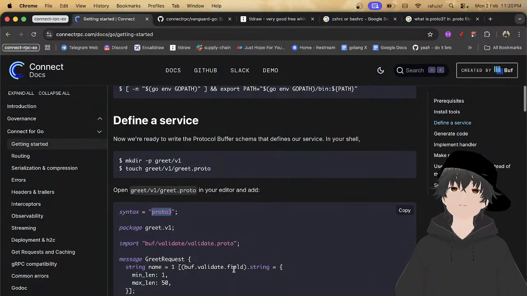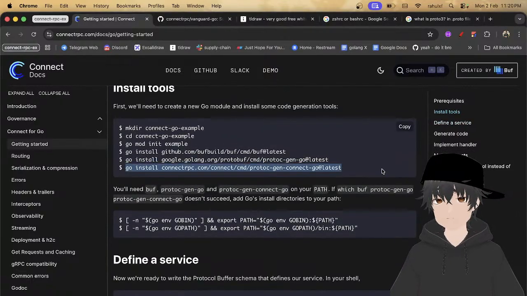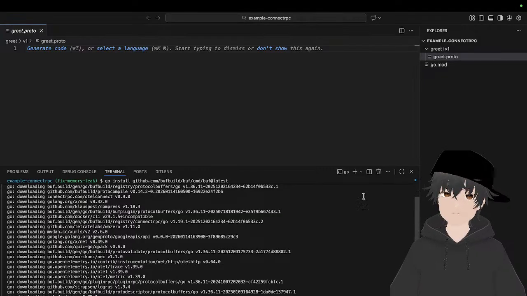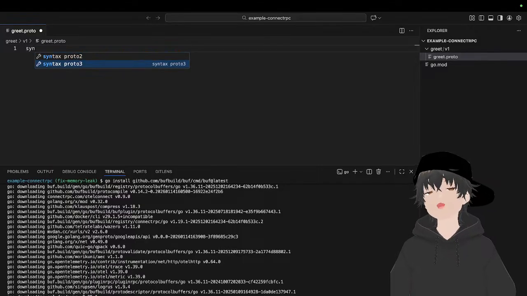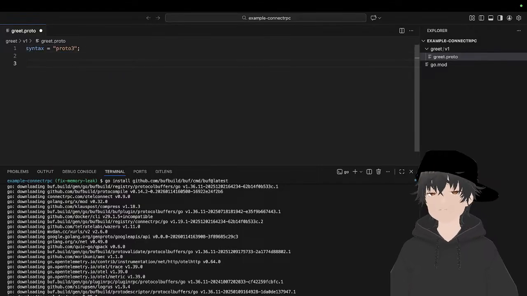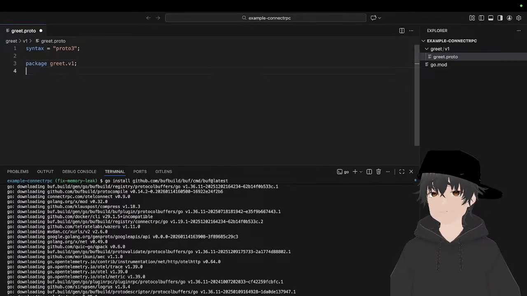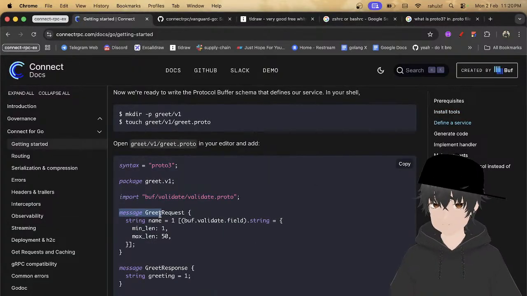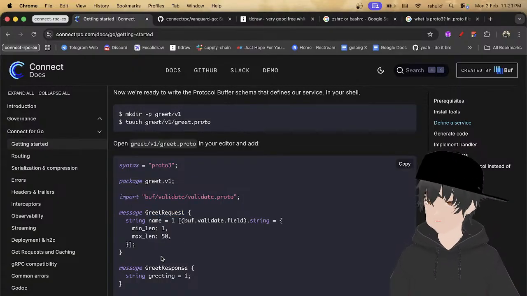We are here now and it also got installed, so we have the last one. You write the syntax, then the package, which is greet.v1. After that we define messages.